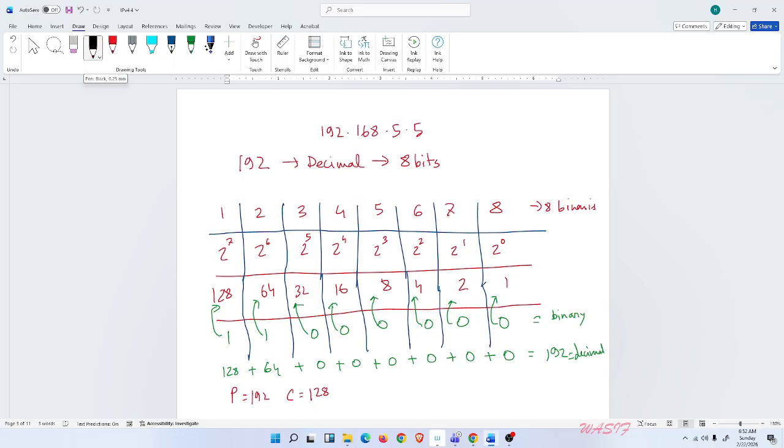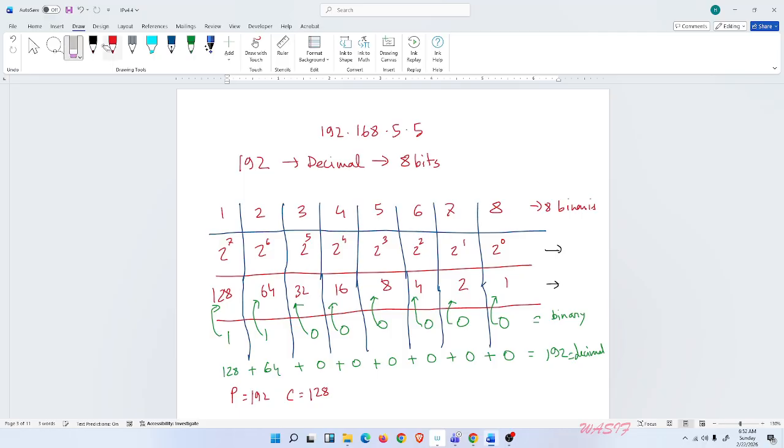So you need to draw the table with 8 binaries. The formula is 2 to the power 0, 1, 2, 3, 4 until 7. And if you write the values, it is 1, 2, 4, 8, 16, 32, 64, 128. Okay, you can memorize this one. Now, is 128,